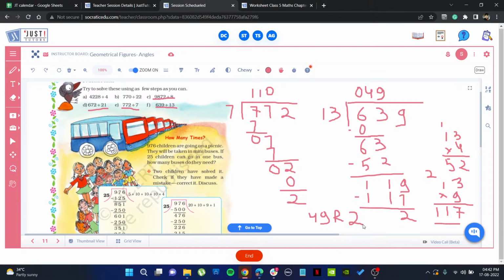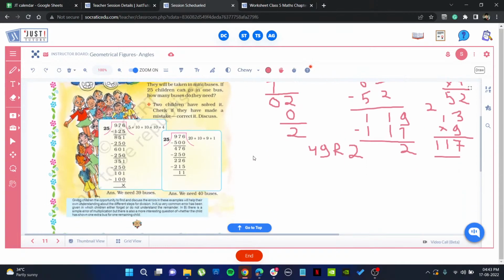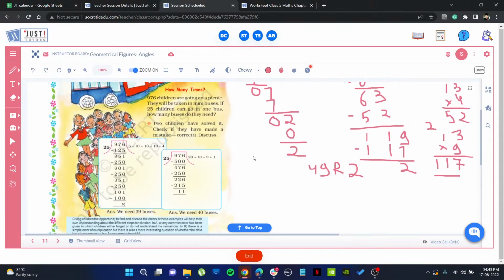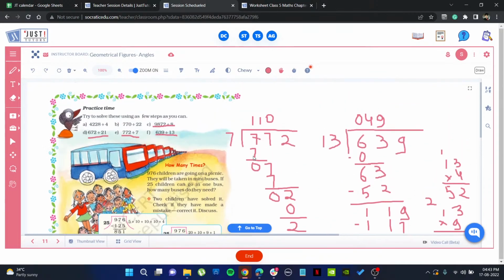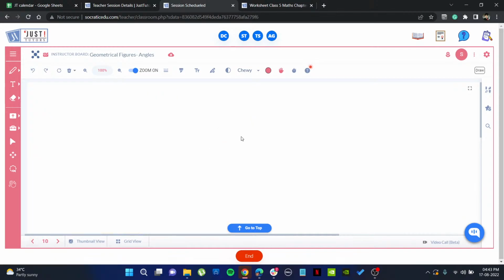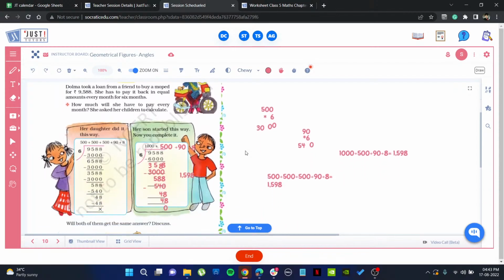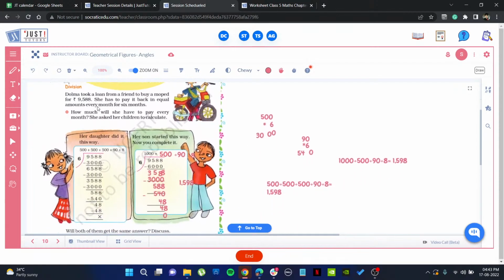Okay, I hope this is clear to you all. So as our session time is about to end, let's have a quick review of things which we have learned today. In this session we have learned about division. So we have solved this question in which we have gone through two calculations,